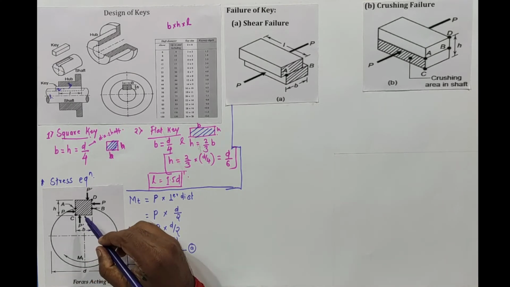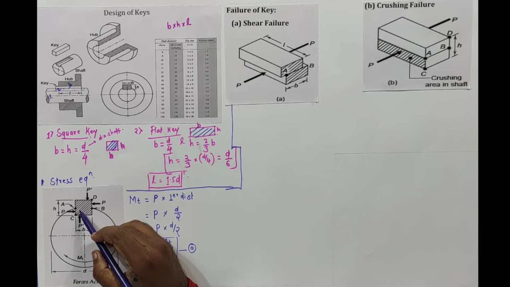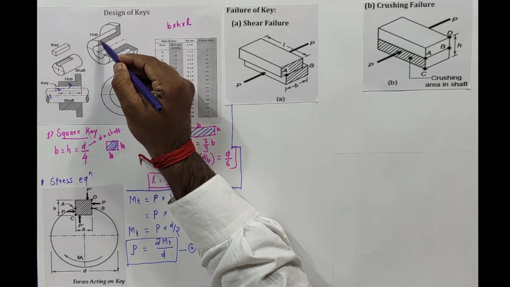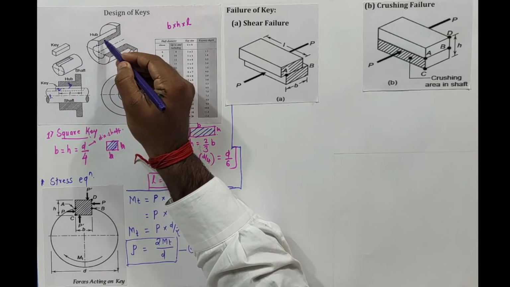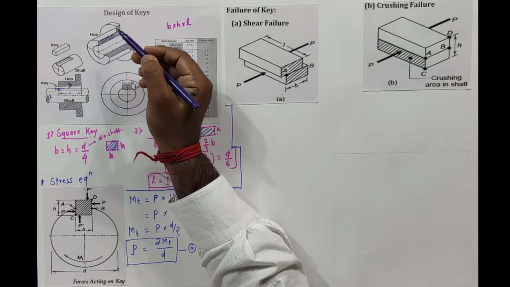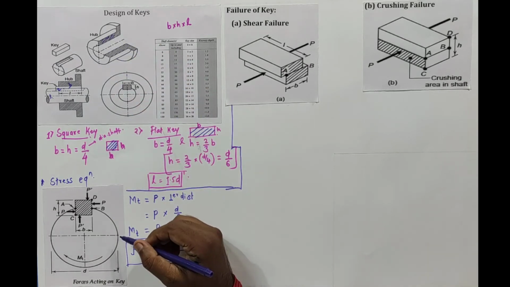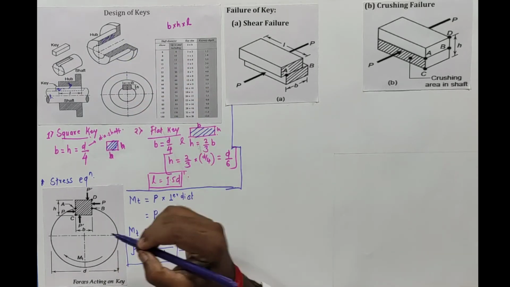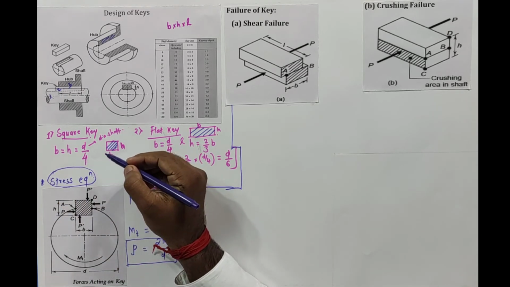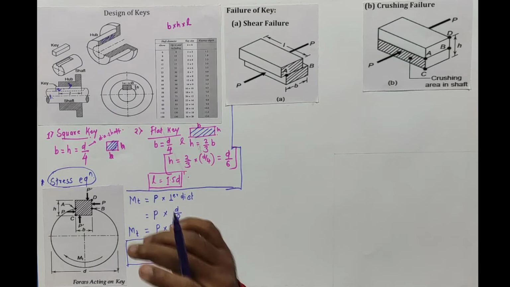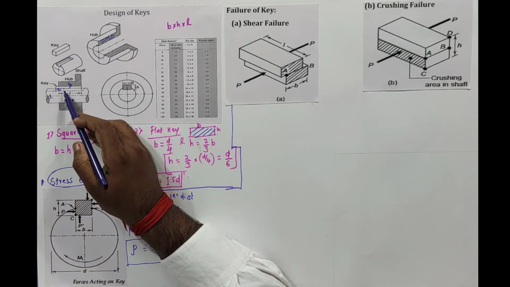Now we'll see the nature of key. You can see half portion is situated in the shaft and half portion is situated in the hub. Here, this is the slot. Half portion is situated in shaft, half portion is situated in hub. In that case, I need to consider what kind of stresses, as per our title, occur in the key. So basically, you can see the structure.